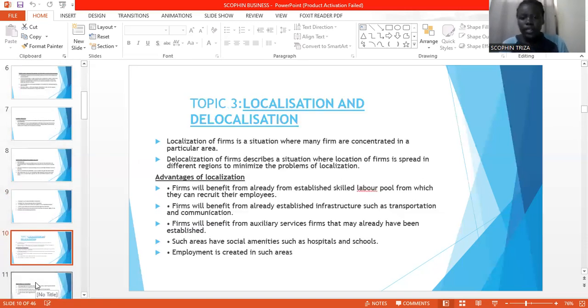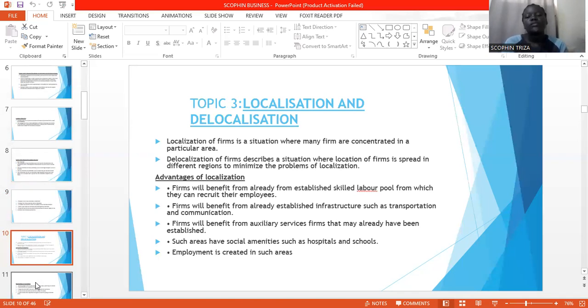We'll go to topic 3, localization and delocalization. Now, localization of a farm is a situation where many farms are concentrated at a particular place or area, while delocalization is a situation where locations of farms are spread in different regions to minimize the problem of localization. Now, some of the advantages of localization are: farms